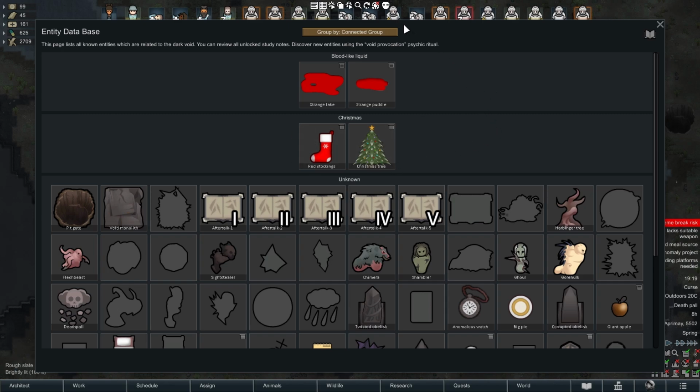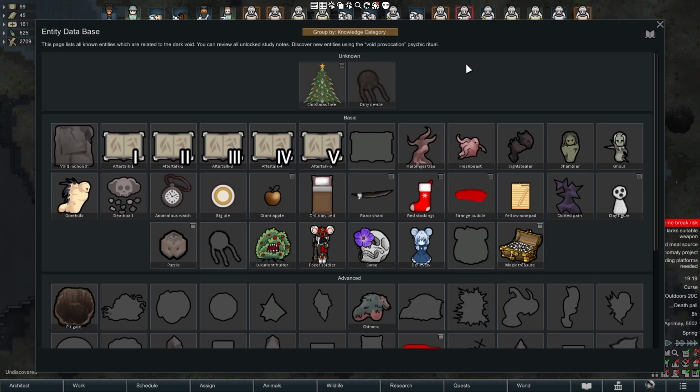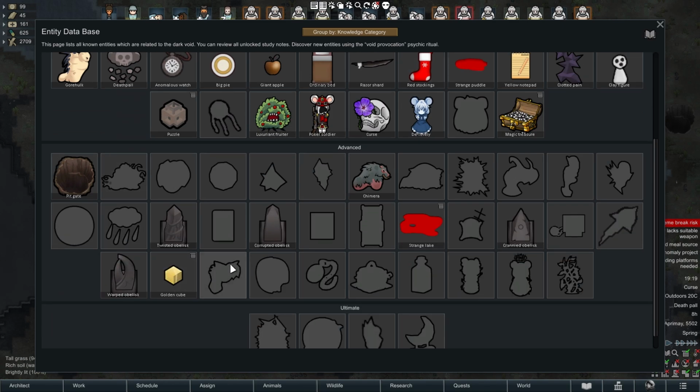Let's go back to vanilla entity codex grouping. As you may notice, some of the anomalies have small icons on the top right. These icons showcase that this anomaly has some study notes that you can read. Let's click on Golden Cube.